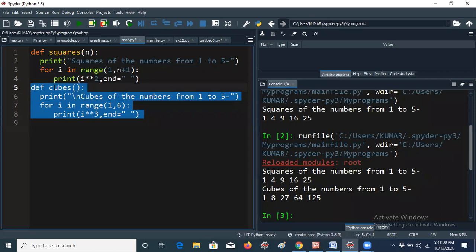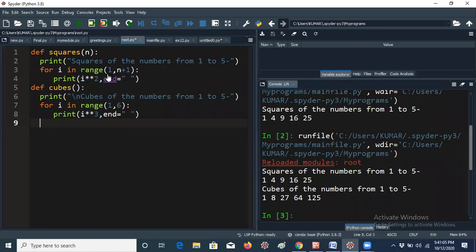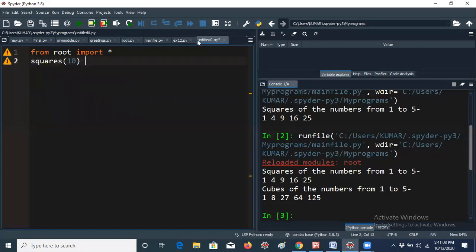Let me comment these lines first. If you don't comment, that's not a problem at all. I'm saving this program. You have to save the program compulsorily before executing module programs, because here you are giving from root import star. Here root is our module, not a predefined module. Here untitled.py means it will give the wrong answer. That's the reason many students get confused that these programs will not work in the decoder app or whatever you are using. Because it is in our local directory, make sure you save the program before running it. Otherwise you will not get the correct result.